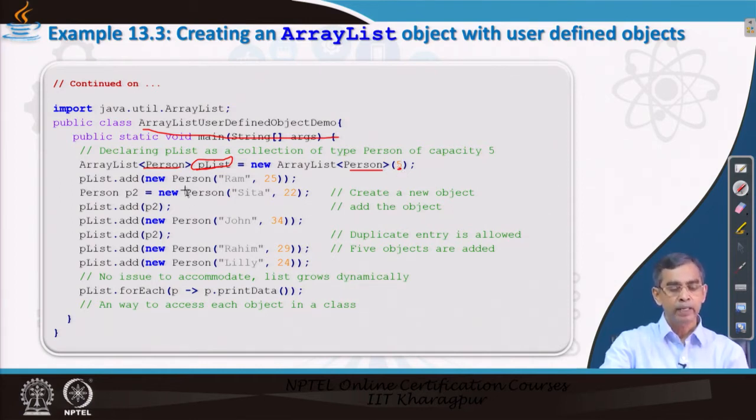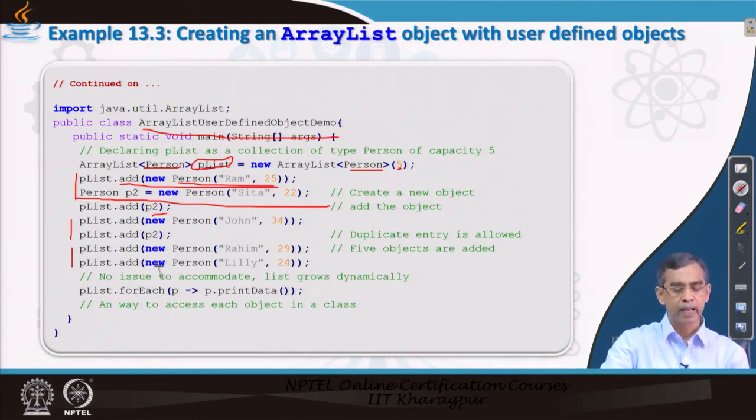Now, here we create an object and with this object we add it. So, this is one way the object can be created and added, and this is also one way, where an object is created standalone and then added. So, both syntaxes are okay for adding elements, at the time of creating the object also. So, this is another and this way another. We have created around 6 objects in the program and then added them, and this is basically traversing the entire collection using the for each method.